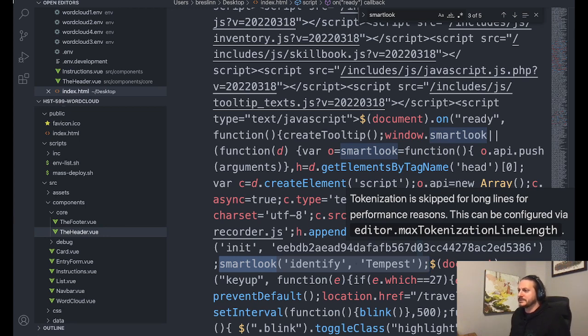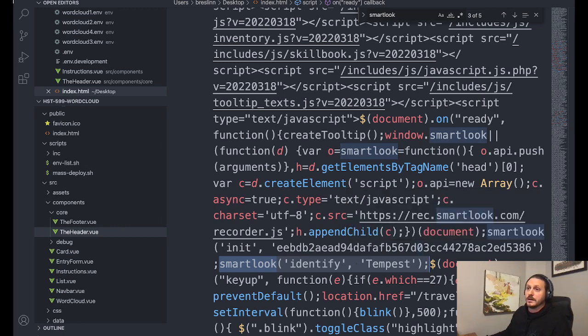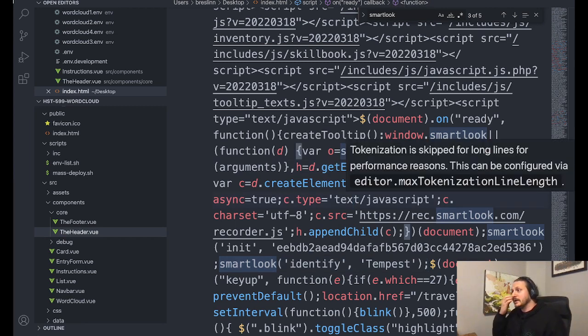And so I mentioned this to some other players, and you can do this too. You can go up to view on Chrome, view developer, view source, and look for yourself. And I ask you, go ahead and look and see if you can find SmartLook in your index in the game. Like, log into the game and then look for this.